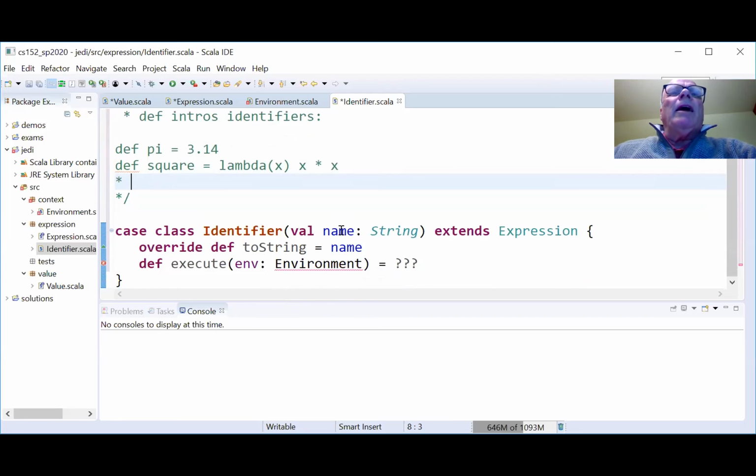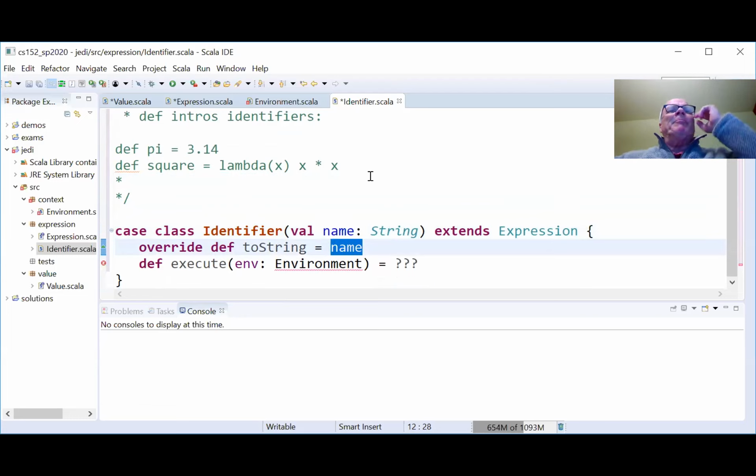And so inside of an identifier is the actual name as a string. So this name would be pi or square. Identifier is an expression. Okay, here is my toString, so it'll just print out the name.